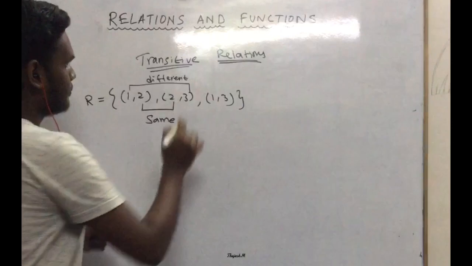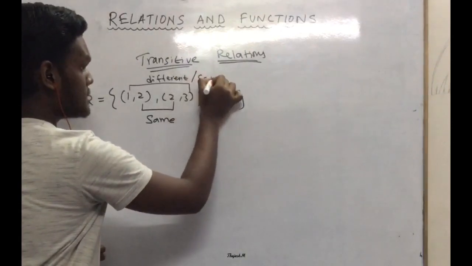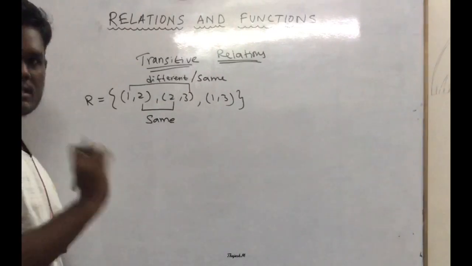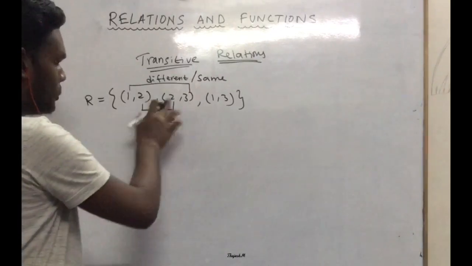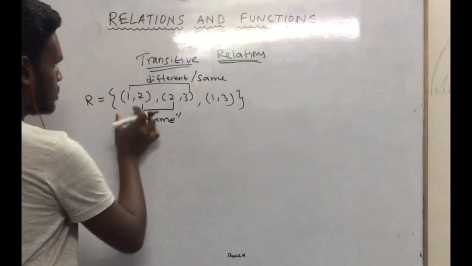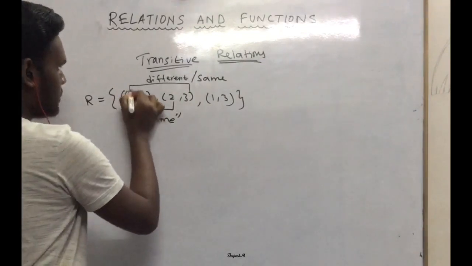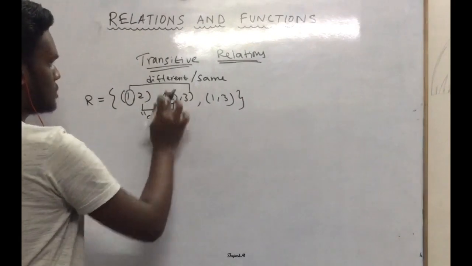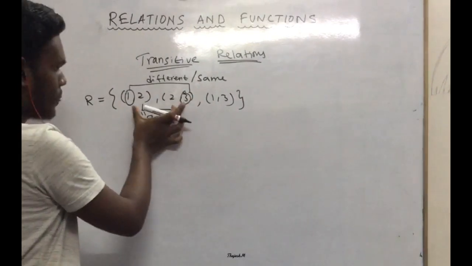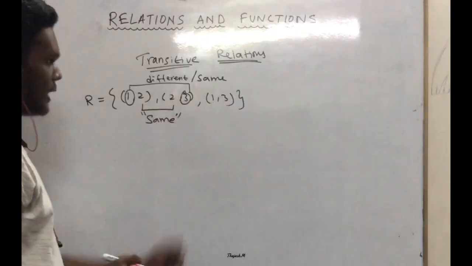They can also be same, but these two elements should be the same. Okay, they should not be different. In such case, the remaining two elements should be parallel, and it should be